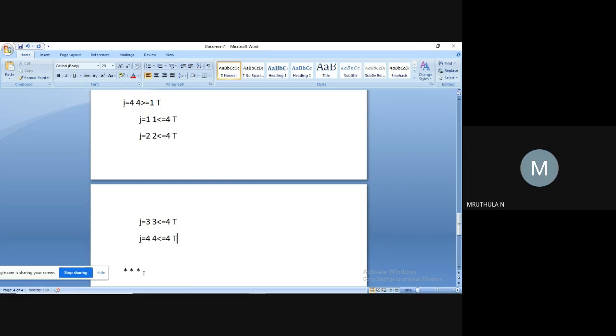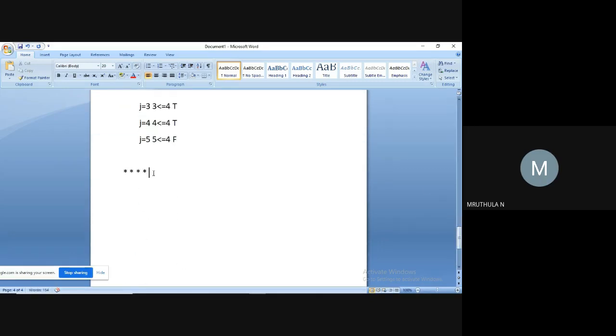Again, it executes System.out.print star space. Again, j is 5. 5 less than or equal to 4. Condition failed, so it stops. It exits the for loop of variable j and then it sees System.out.println, so to a new line.